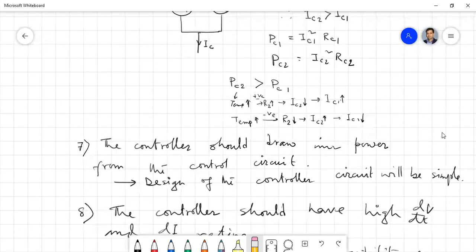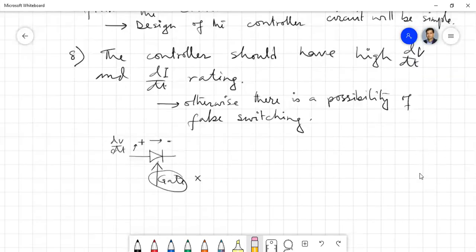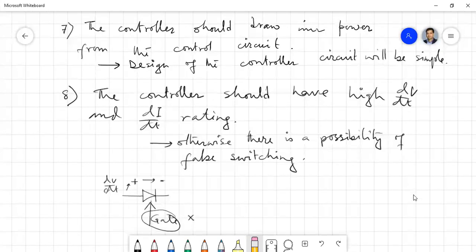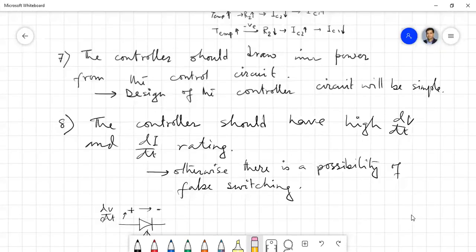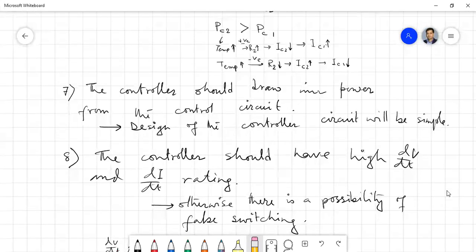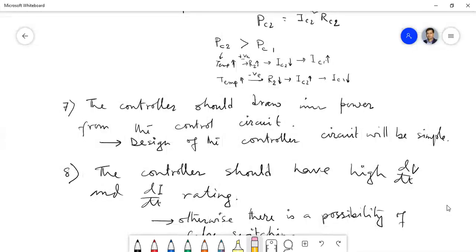And at the end, one point I missed, or I think it is there. Okay, so with the switching frequency, the size of the controller becomes less. That means the size of the controller varies inversely with the switching frequency.